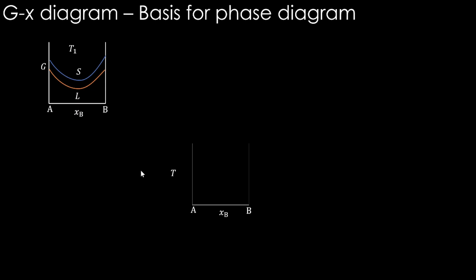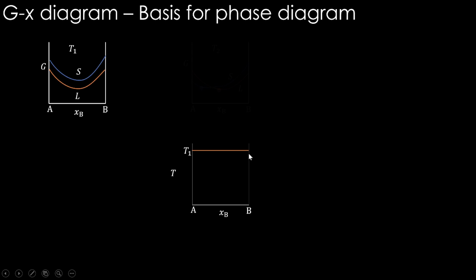Now based on all this understanding, we will plot G versus X at different temperatures and then take the data from that to T versus X, that is the phase diagram, and see how a phase diagram ultimately evolves. In this case, we are considering two phases, solid and liquid. At temperature T1, you see liquid is stable throughout compared to solid. Liquid has the lower Gibbs energy for the entire composition range. And if we plot temperature versus composition, then we will see that liquid will be the only stable phase all along the composition range at T1. Okay, so this is temperature T1 and it is completely liquid.